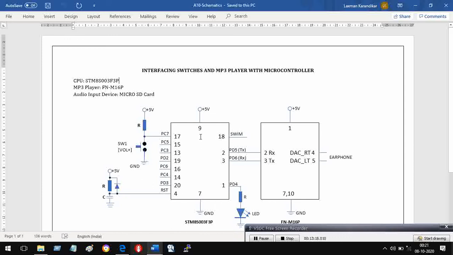Now we have seen that there are 7 keys. I have shown only one key, how it is interfaced. Other keys are also identically interfaced. So when you make a detailed schematic, you can repeat this kind of thing on all these pins. This is 1, then 2, 3, 4, 5, 6, 7. So you will replicate this, but write the correct names, of course.